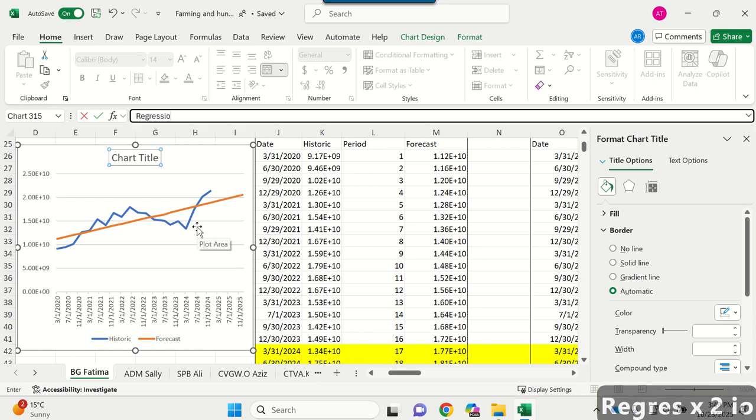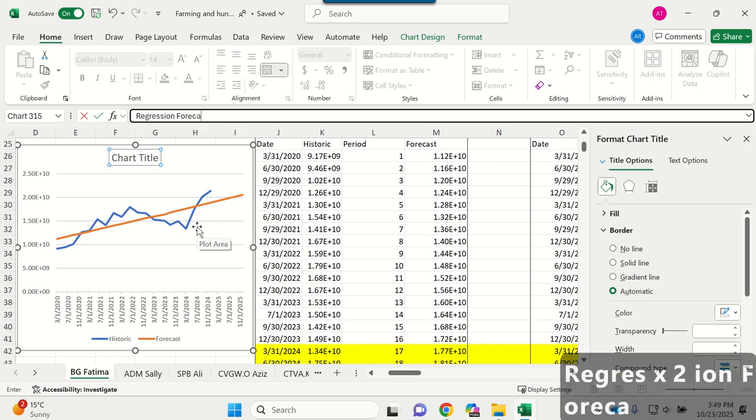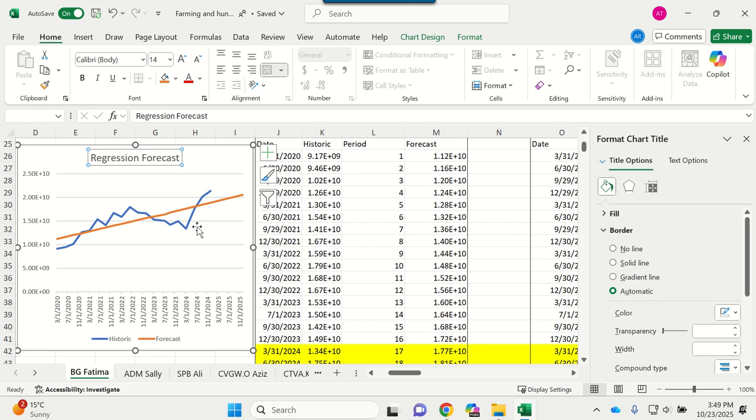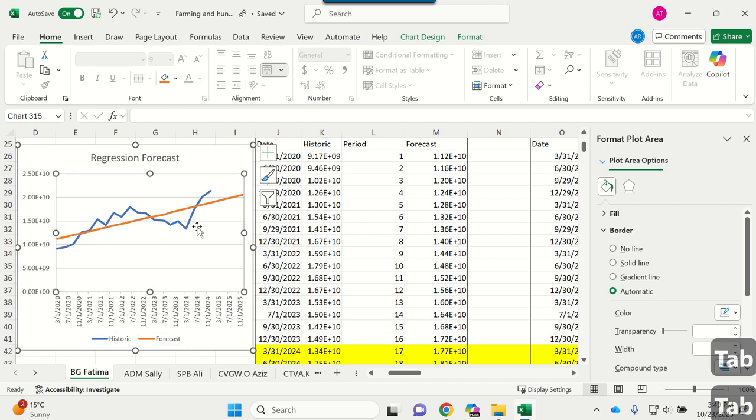So regression forecast, enter. There. Now there's two parts inside the chart. There's the text part and the numbers part. Right now I'm in a text part, the title. If I hit tab, it goes down to the legend at the bottom, and I hit tab again, it goes,